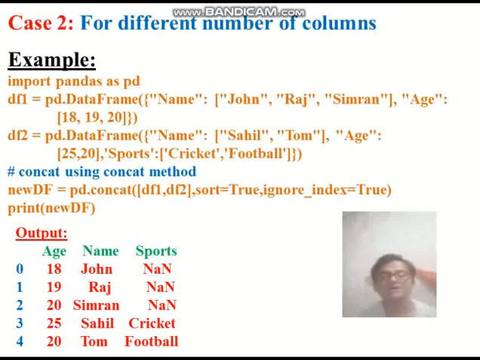It depends upon the number of columns and rows available in the data frames and the process of joining them. In the first case, we use the function merge. It works on a common column. In the second case, that is joining, we use the method join. It works on indexing. But in the third case, concat, we perform joining by using the concat function. So this is all about such operations associated with data frames.